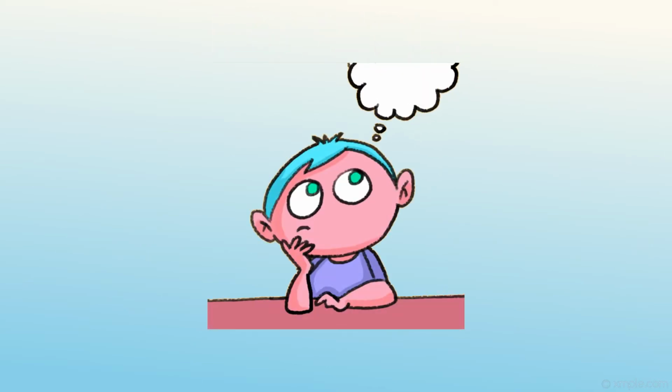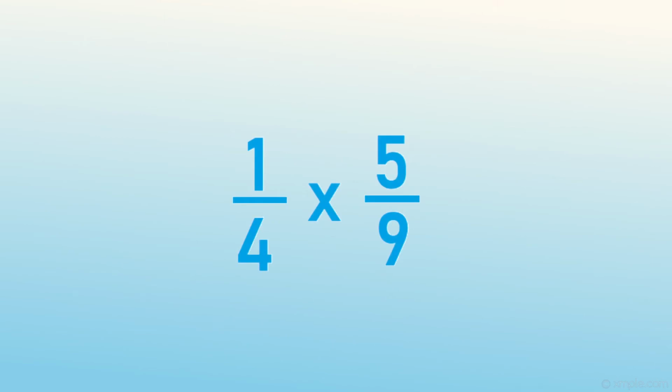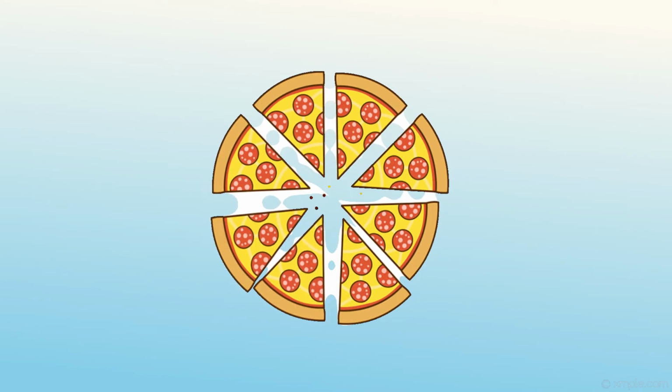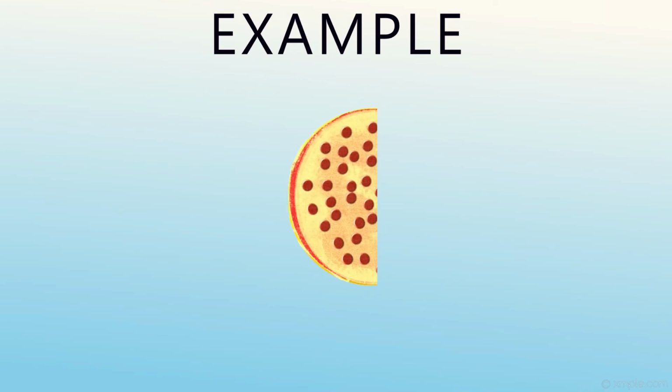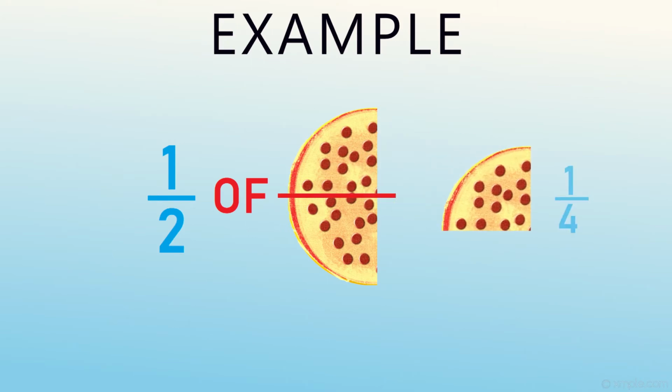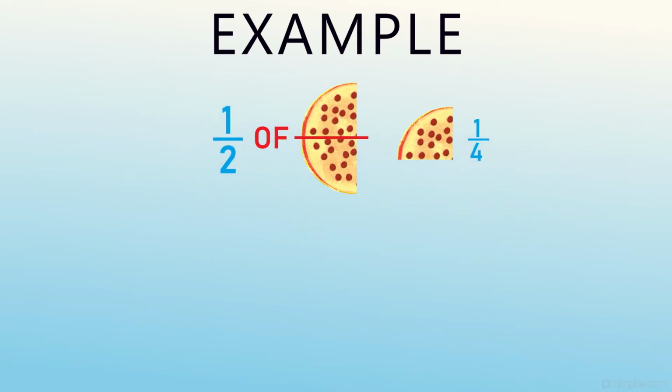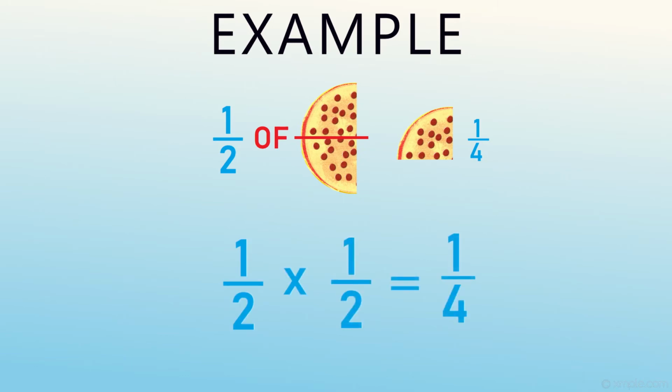If you are thinking of fractions as part of something, then multiplying fractions is really like taking part of another part. For example, here's half of a pizza. You can see that if I take 1/2 of that half, then I get 1/4 of a pizza. And if we do the multiplication, half times half, you see that we do get 1/4. So that's why you can think of multiplying fractions as taking part of another part.